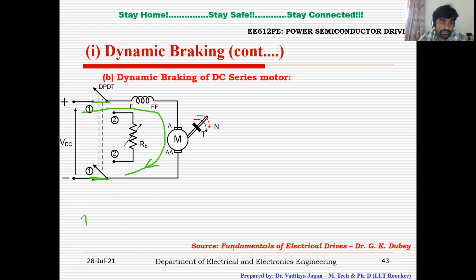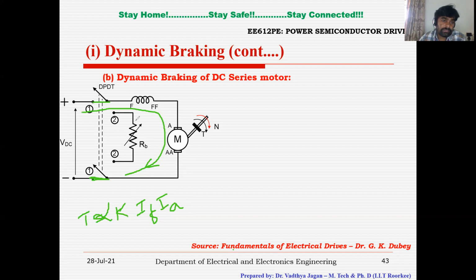So what is torque in the case of a DC series motor? Torque is directly proportional to some constant K into IF into IA. Generally, in a DC series motor, torque is proportional to the square of the armature current, since both the windings are connected in series like this. Instead of field current equal to armature current, because they are the same, I am just writing IF into IA, right?